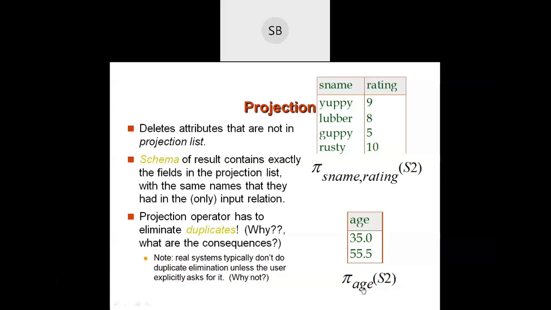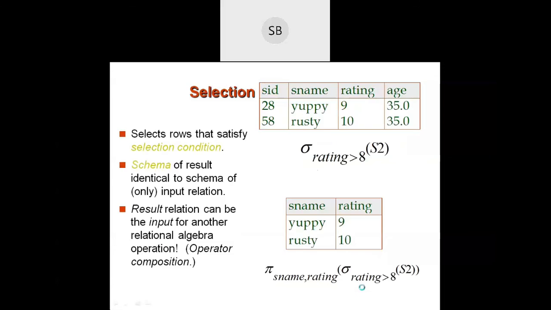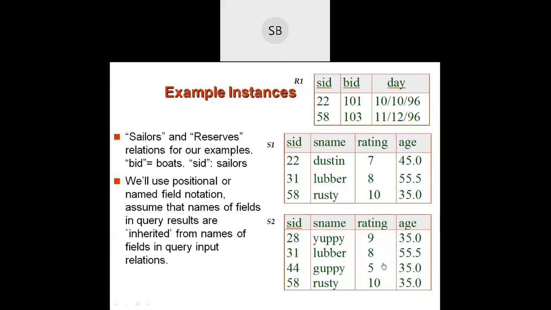The project operation eliminates duplicate records. Suppose some age is repeated, so you have to eliminate the same records or duplications. Eliminate means it is displayed only one time. Suppose in age you check that age is 35 or 55 or 35 or 35.